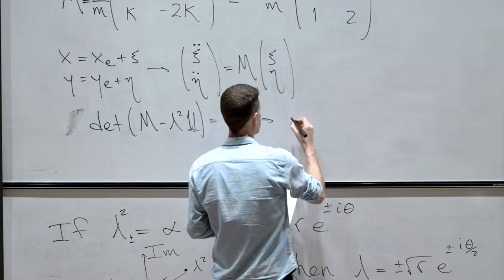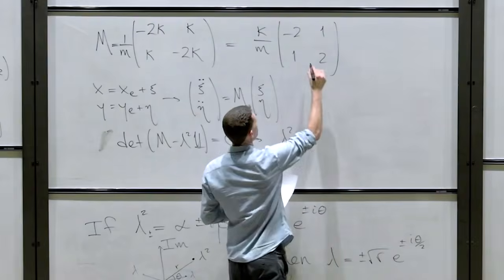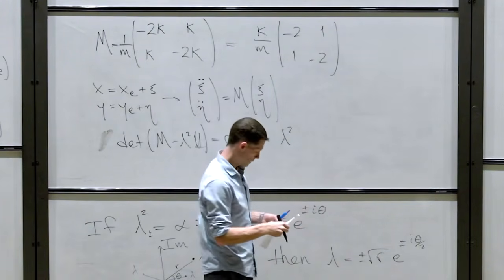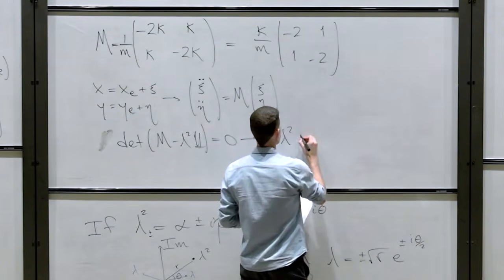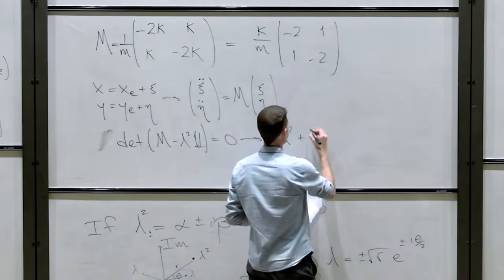Sorry, this is a minus, so I put minus lambda squared there and there, multiply together, the minuses go away, so it's lambda squared plus, not going to ignore the k, so plus 2k over m, squared,